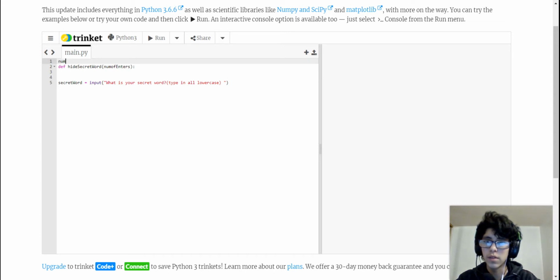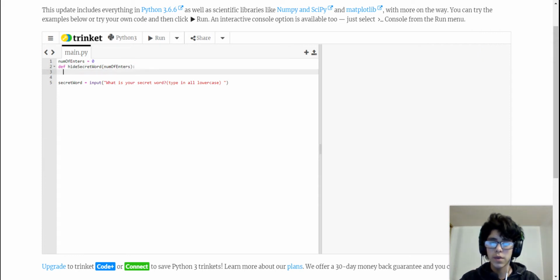Num of enters is equal to 0 because there hasn't been any enters yet, and then we're gonna create a while loop in this function. So just like while num of enters is